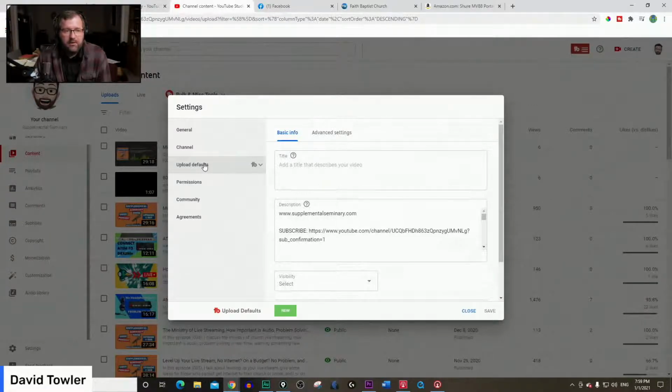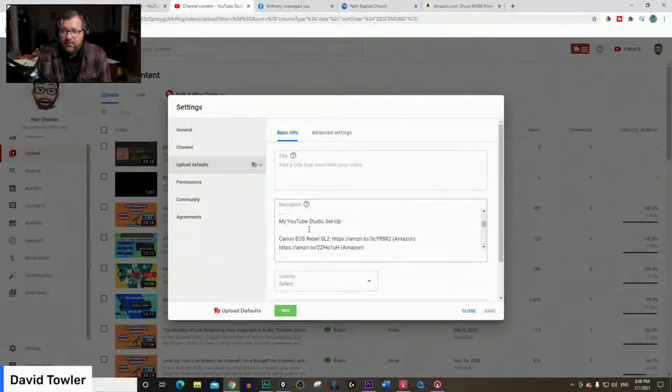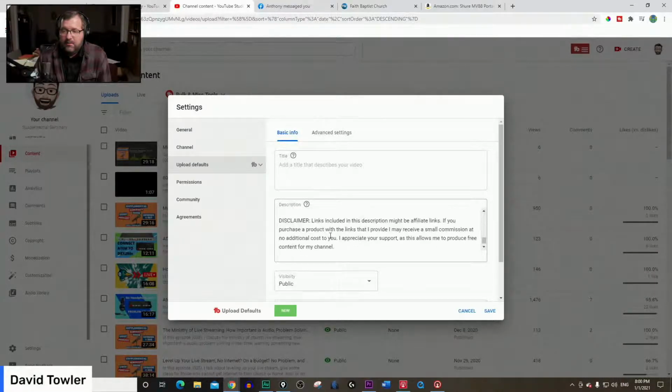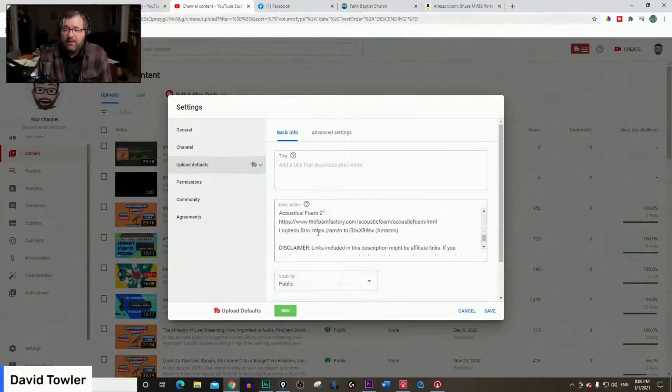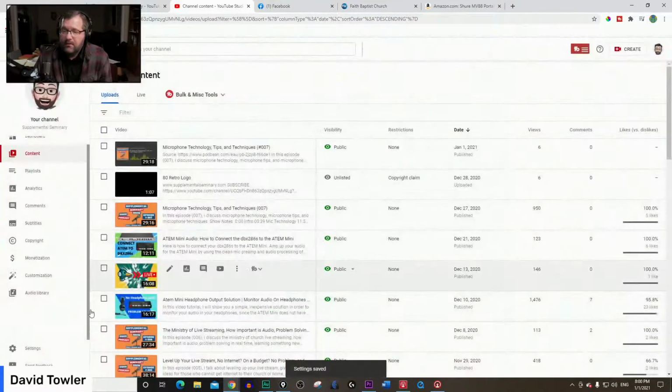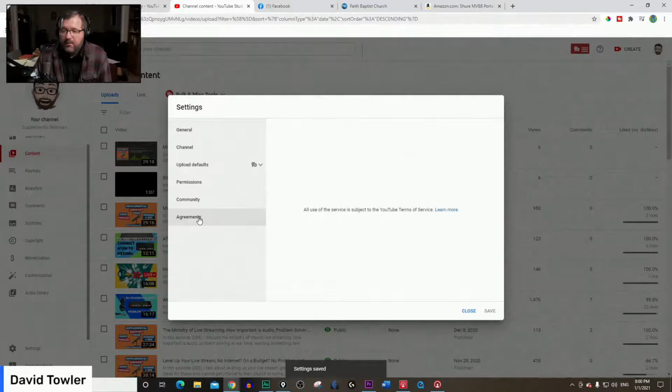video without having to go in and doing it over and over again, you want to go into upload defaults and type in all your, which I need to upgrade mine, that you can see this, visibility, public, and go ahead and put in, that way every time you upload a video, do it one time, put all your codes in here, Amazon, and then what you would do is upload them, put them in there one good time, and then every time you do a video, actually I need to save what I just done there. So go to settings, put all those in there.